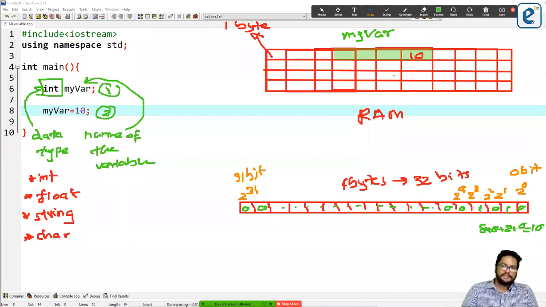So now, there are several main types of data types available. The first one is int, the second one is float, the third one is char, and the fourth one is string, right?